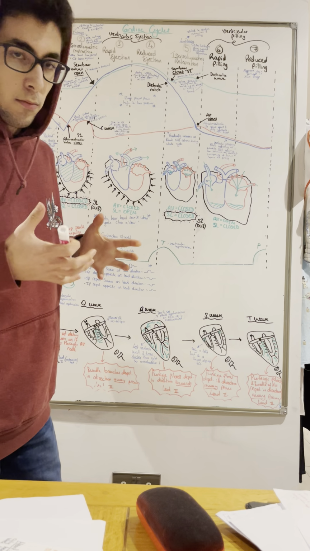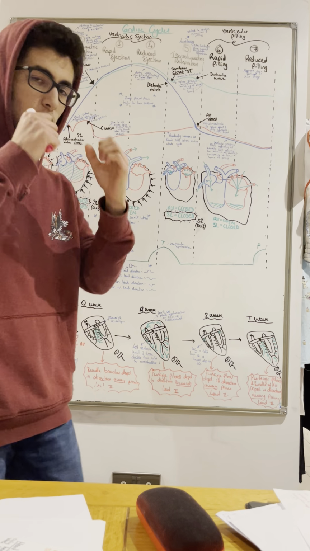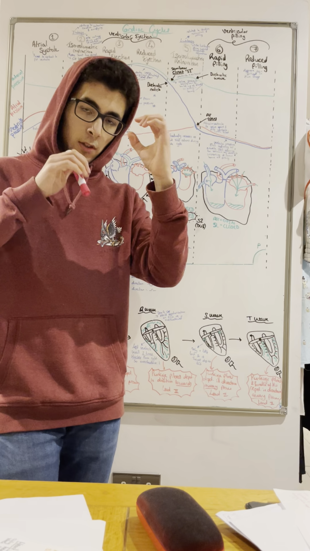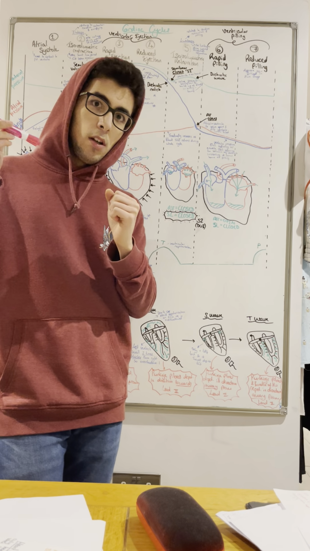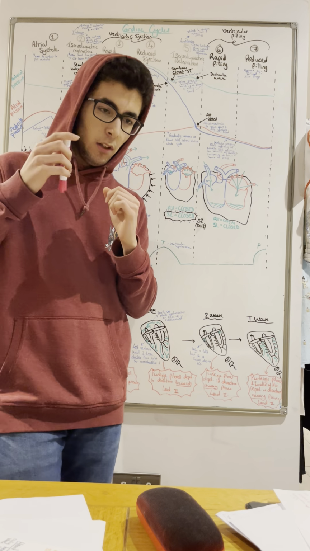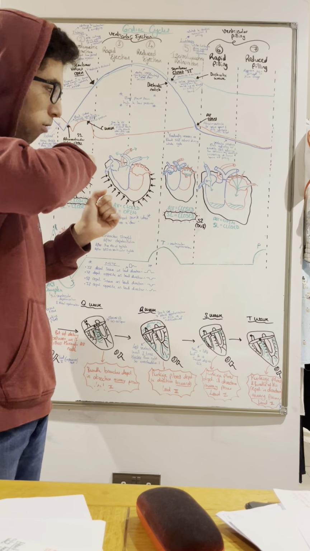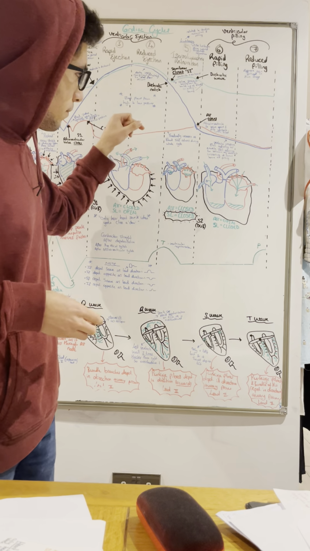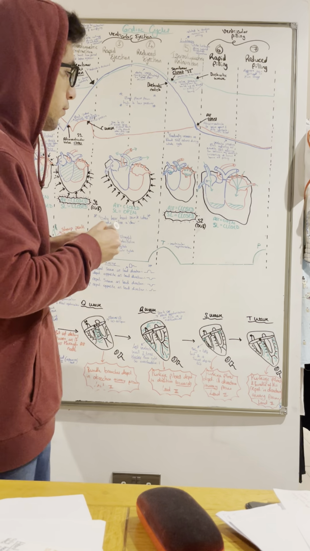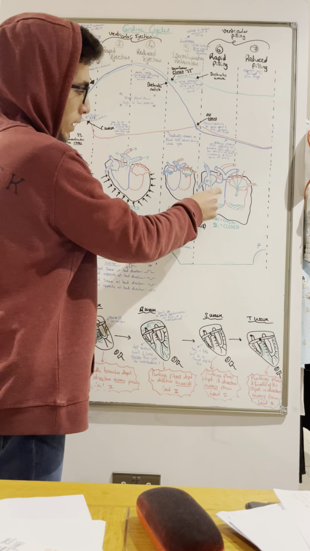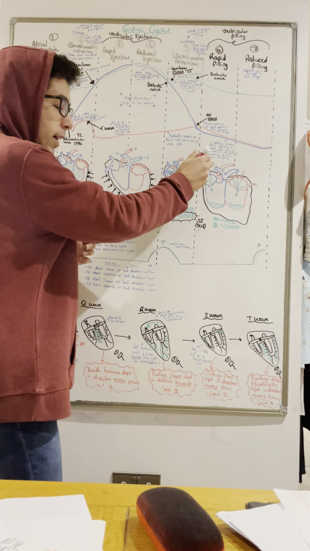At that point, because pressure in our atria is larger than in our ventricles, and pressure goes from high to low, Le Chatelier, then our blood is going to flow in like that, basically. So all the blood that's been pooling in our atria,